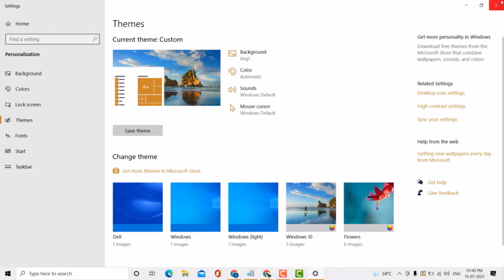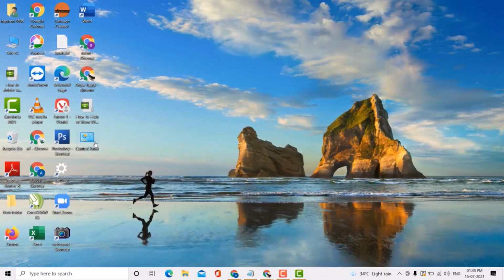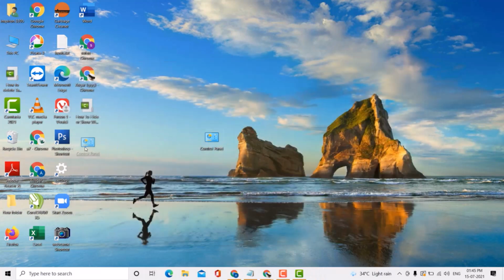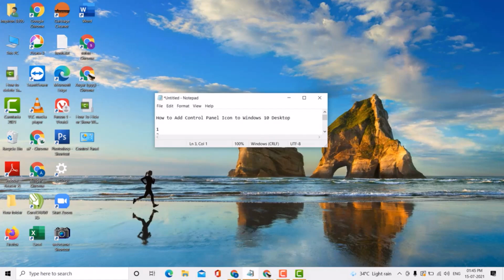There it is. So guys, this is a very simple and easy method if you want to add the Control Panel icon to Windows 10